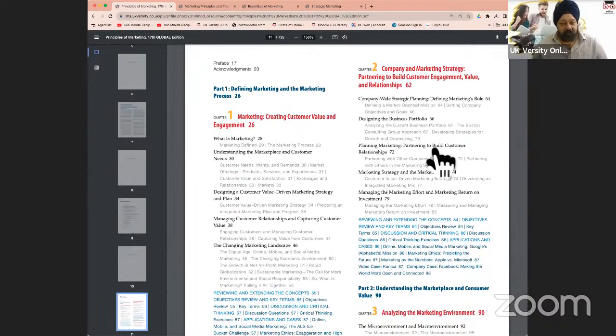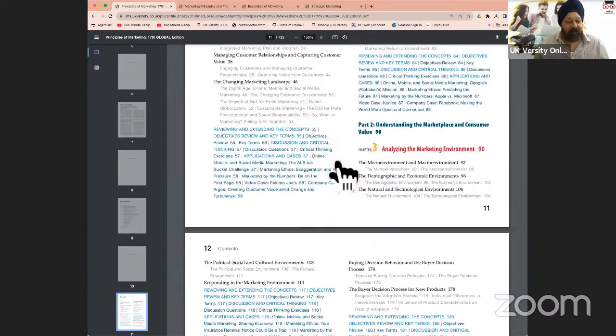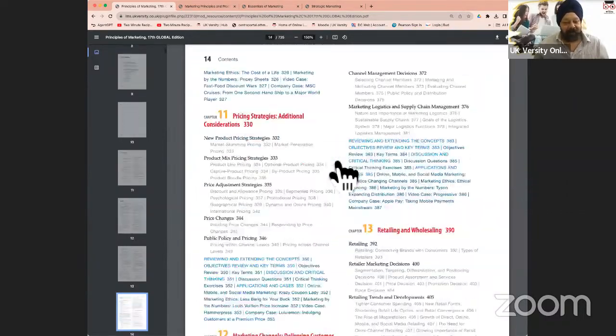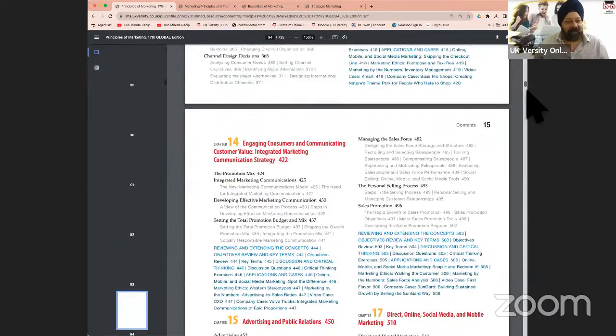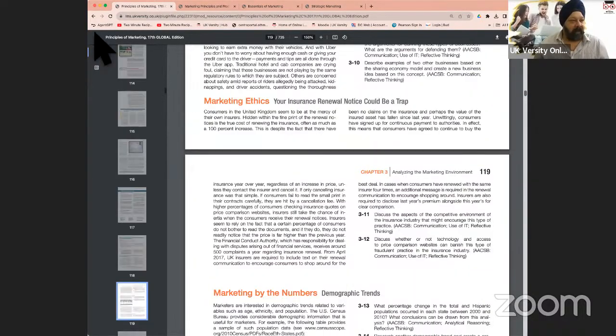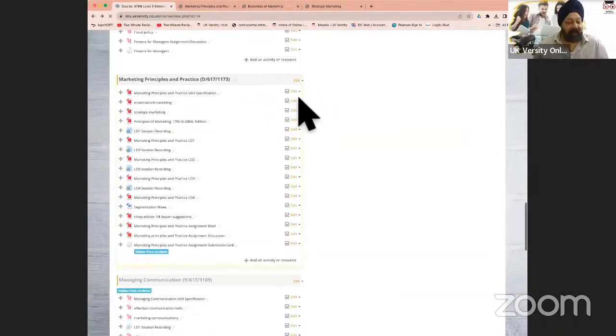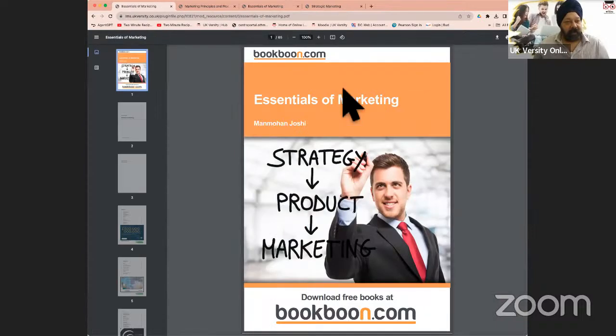So if some of you are serious about making a career in marketing, in sales, in business development, account management, I would suggest this is a Bible. This is your Bible that you need to study. Most of what you study in this book is what you're going to see happening in practice within companies. This is one of the key books I would suggest you should have in your library or on your shelves, provided, as I mentioned, you have interest in this particular topic. These two other books that we have uploaded bring all the concepts in,